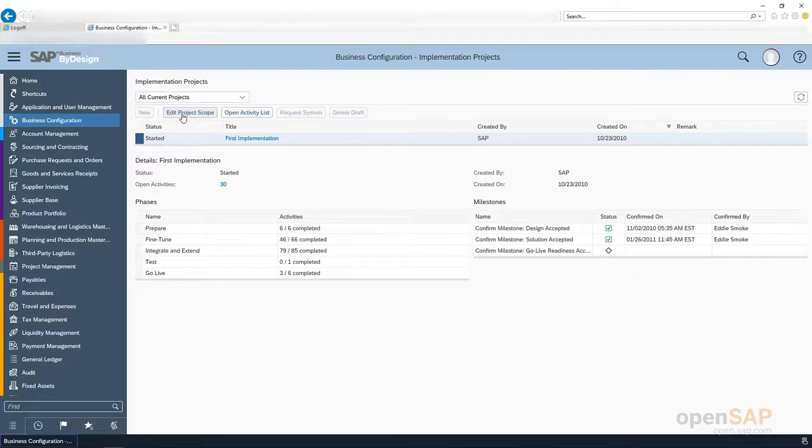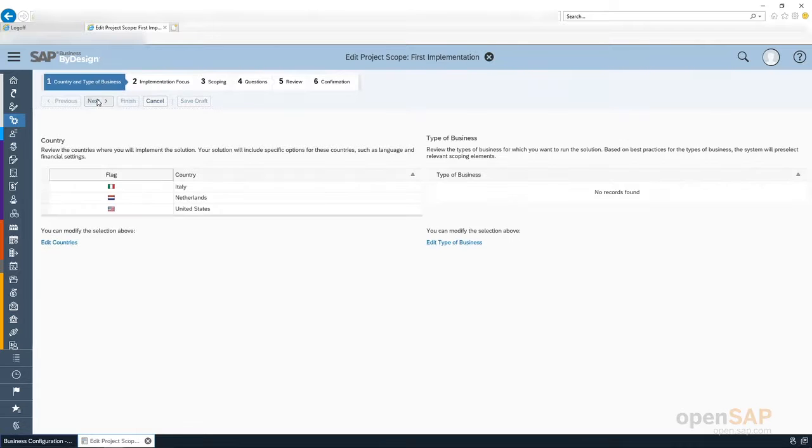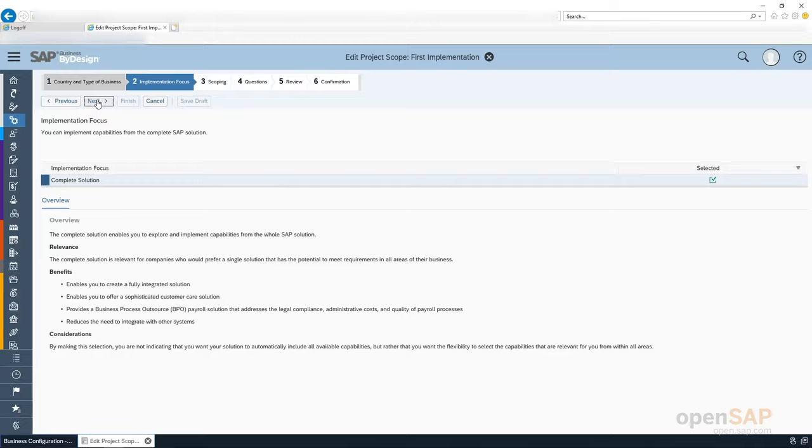So edit your business project, which is the first implementation project, and we will now show this business option in the scoping and scope the question. So we will have to go to step 3. Until then we do not do anything. So in step 3 you would see that